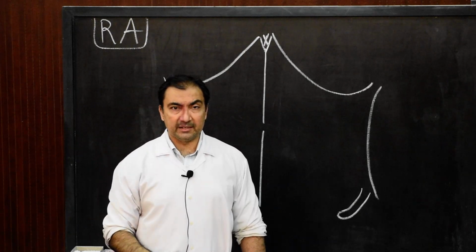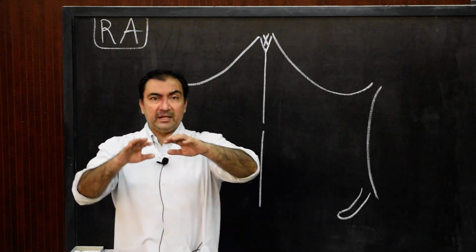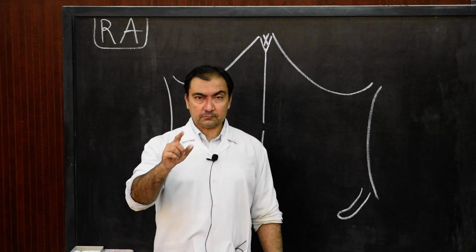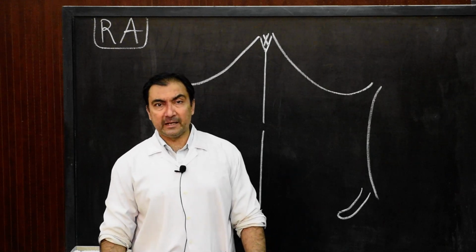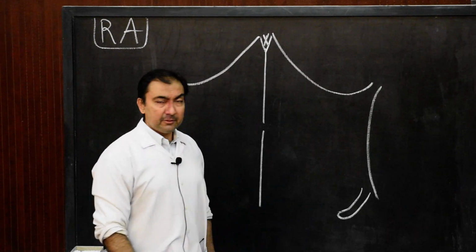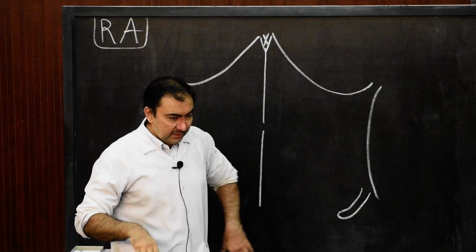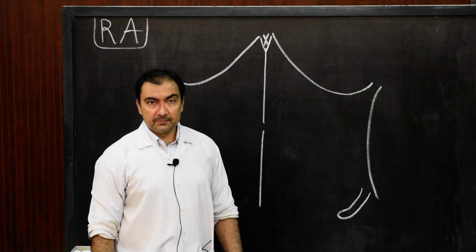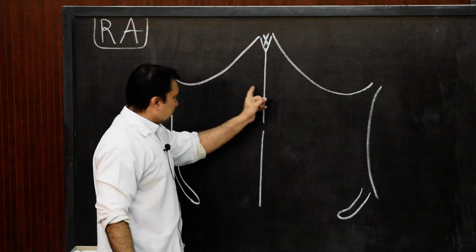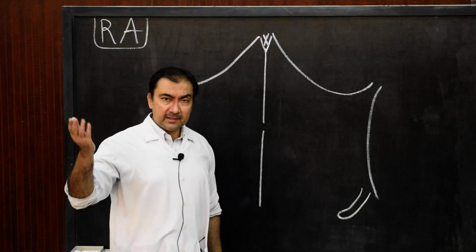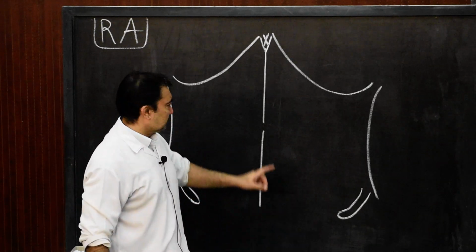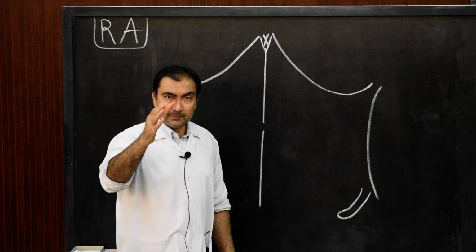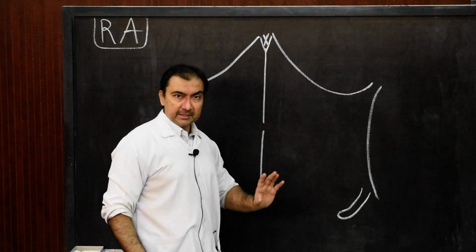First we consider the horizontal lines. Now these horizontal lines are many times asked in MCQs or one-word question answer. The first horizontal line, it is called transpyloric plane of Addison. Transpyloric plane of Addison, it will pass across the level of body of L1 vertebra. So therefore, it will cross across the body of L1 vertebra posteriorly, and anteriorly it will cross across the level of 9th costal cartilage.